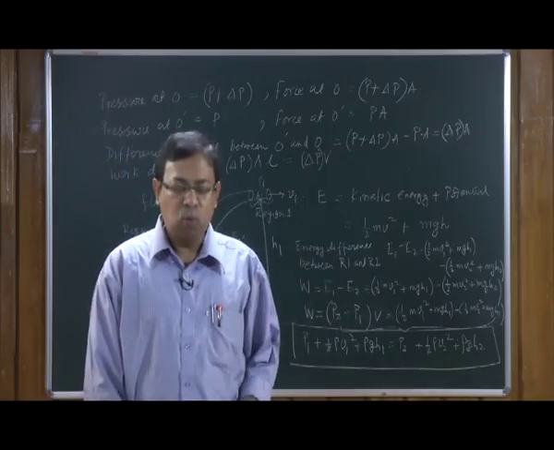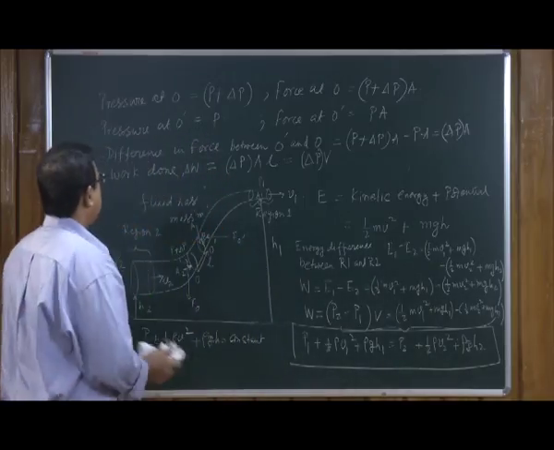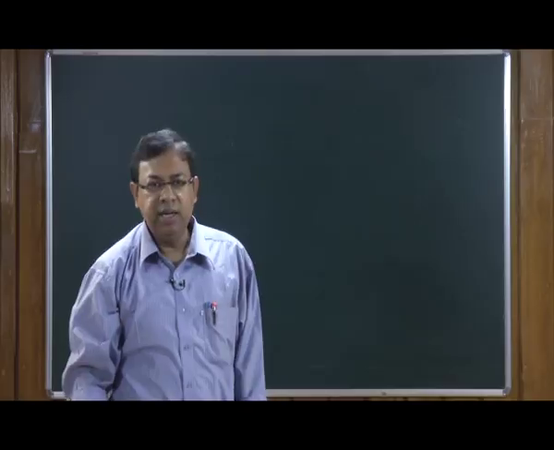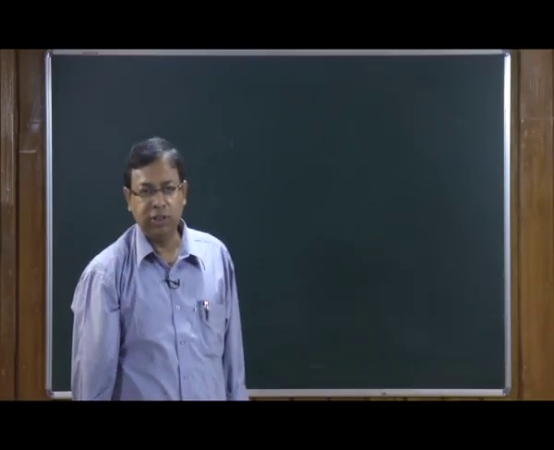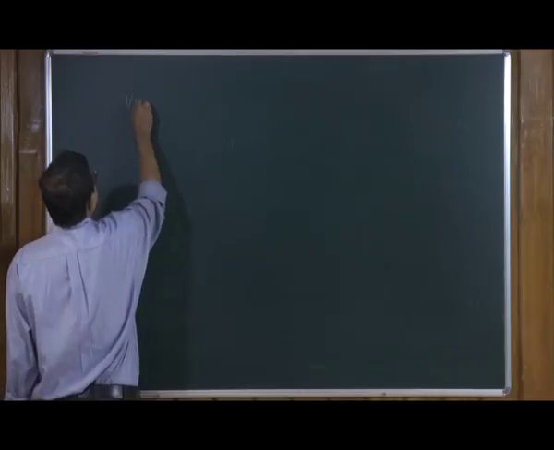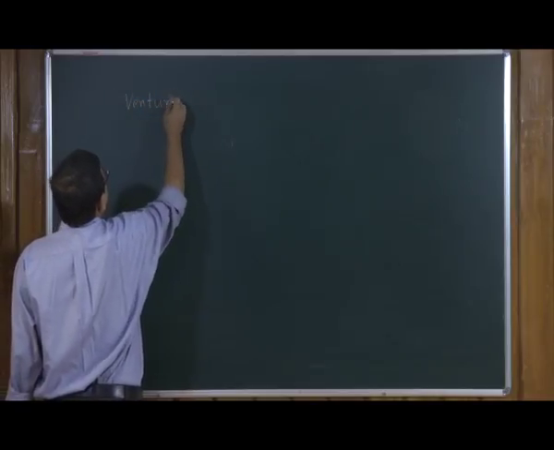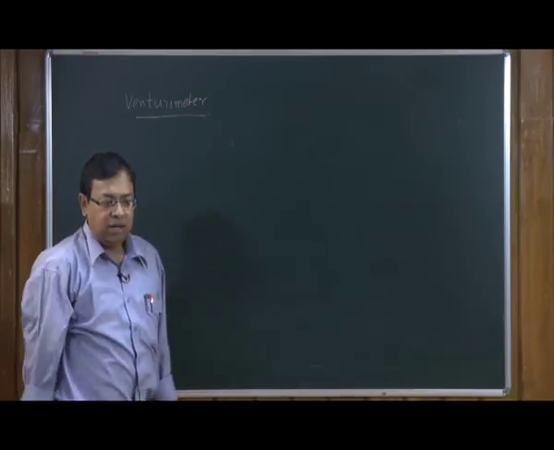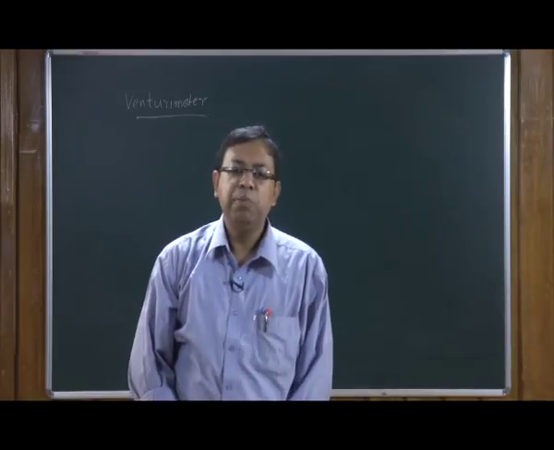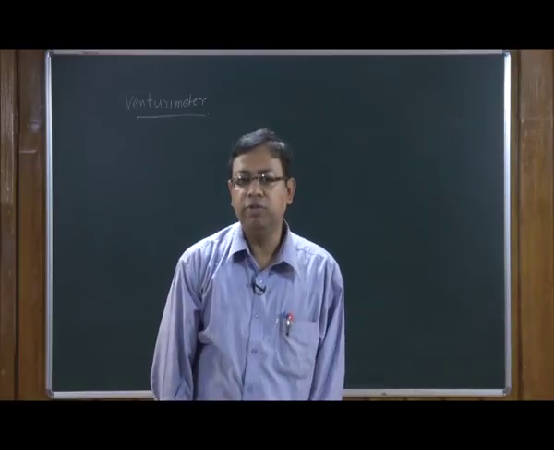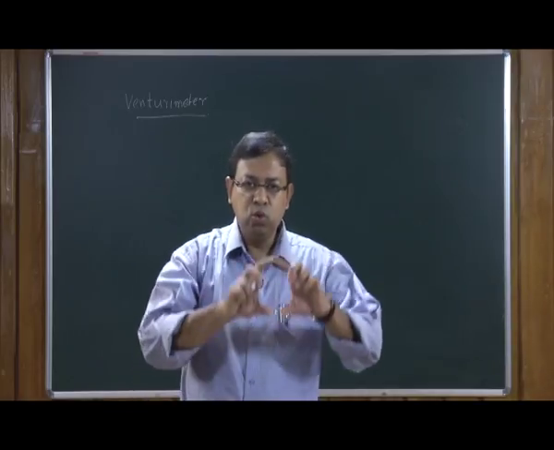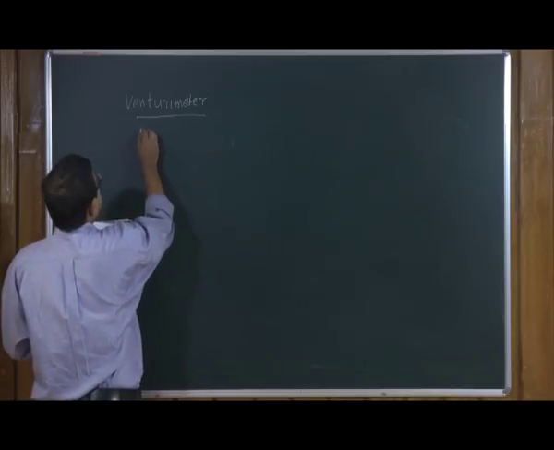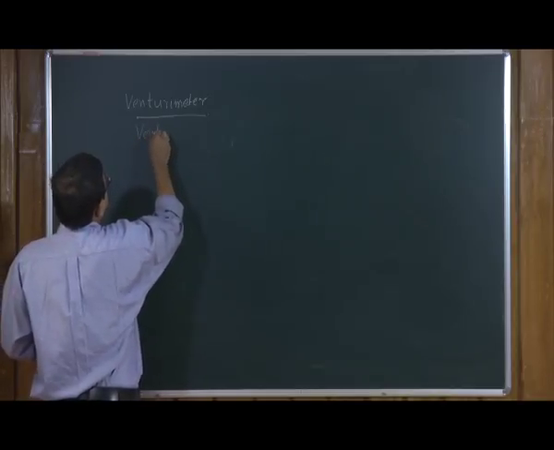So, let us see one application to begin with, and that application is called the Venturi meter. I will tell you what it is. So, we study the application of Bernoulli's equation, and this is applied to a device called the Venturi meter. And what does a Venturi meter do? A Venturi meter measures the speed of the flow of a certain liquid through a pipe. So, let us just write that. A Venturi meter is a device